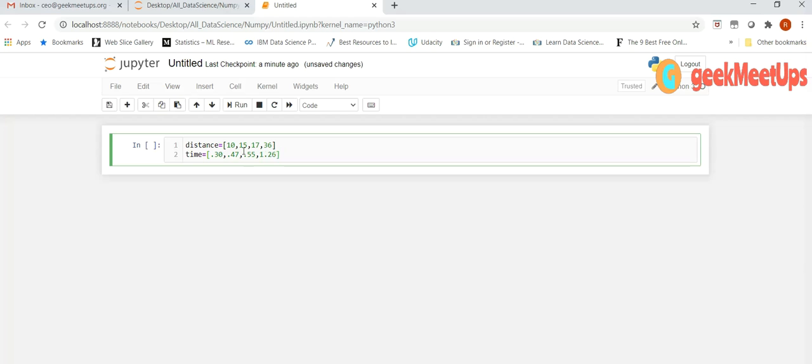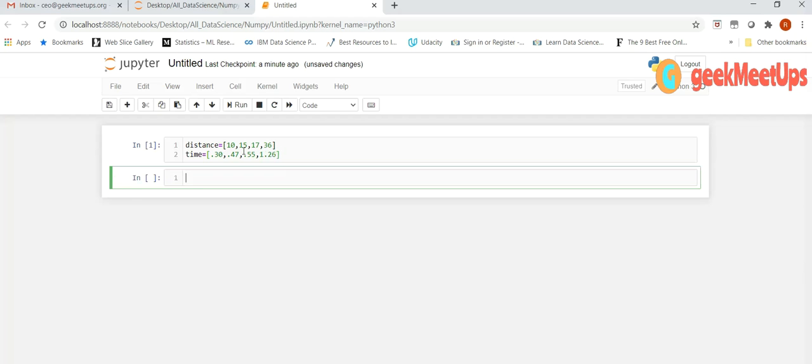This is our two lists, and if we run this, then it runs successfully. If we want to calculate the speed, we know that speed equals distance divided by time, and we already created two lists above in cell number 1.